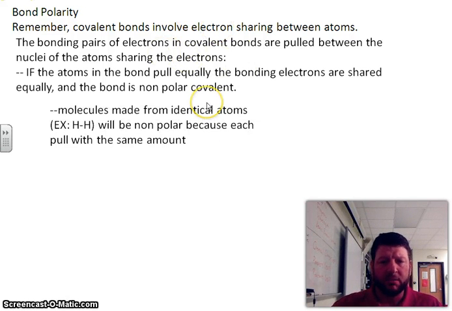Okay? Molecules that are made from identical atoms, for example a hydrogen bonded with another hydrogen, will be nonpolar because each will pull with the same amount. That should make some sense to you. You have 2 atoms that are bonded together that are identical, meaning they have the same electronegativity as the other one, therefore they have the same strength, therefore there's not one that can pull farther or harder than the